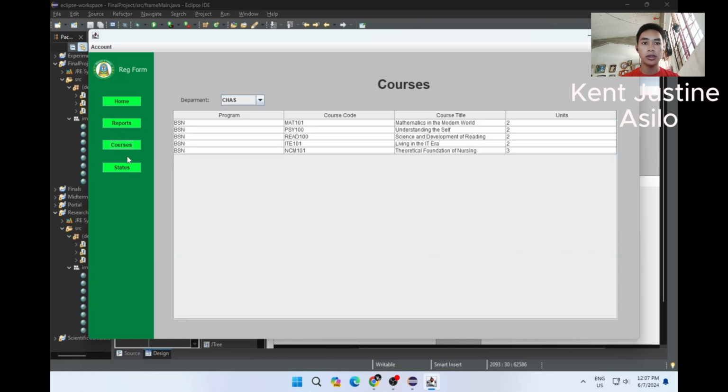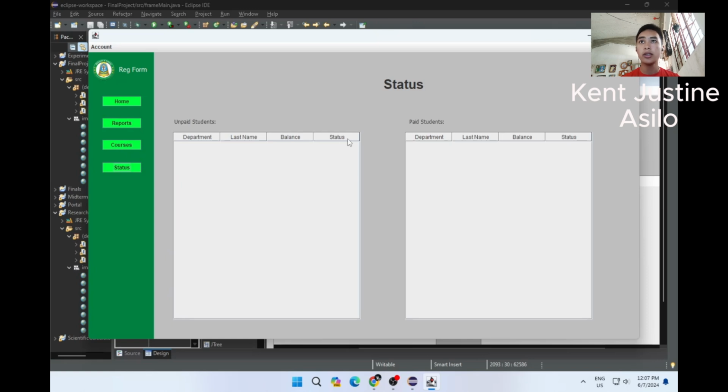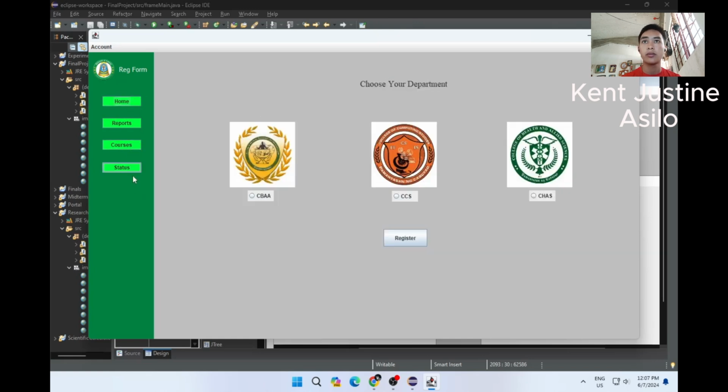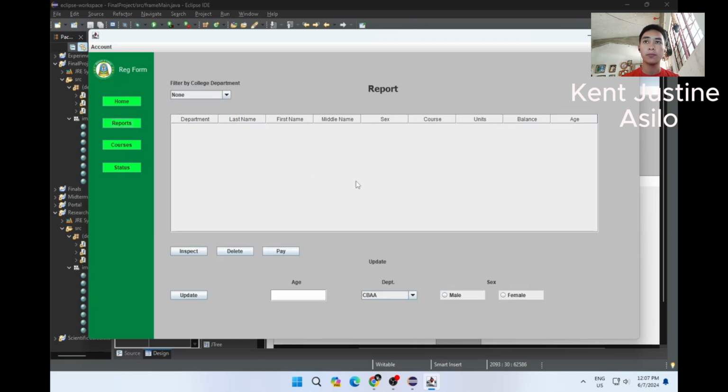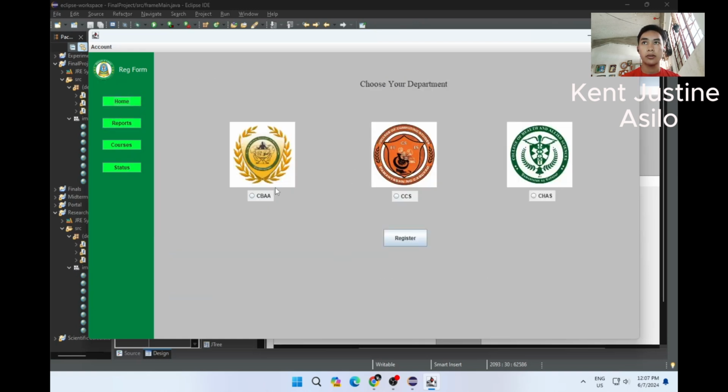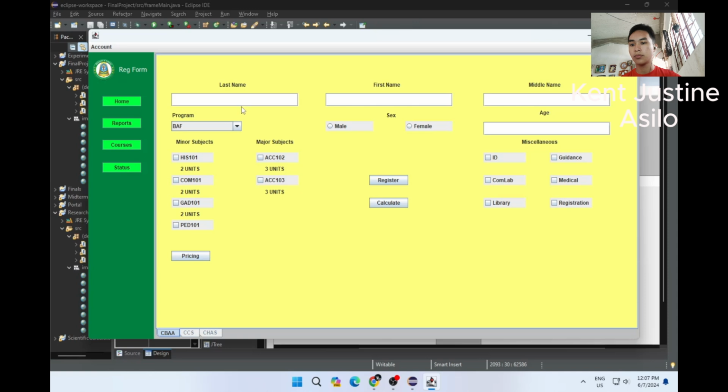And my second part is the status. Before we go into the status, we first need applicants. So let's just log in and register an applicant.